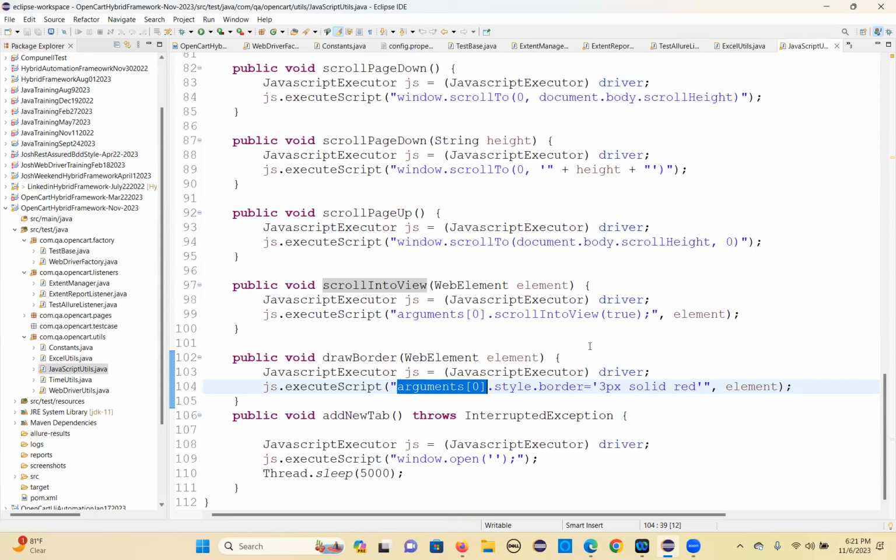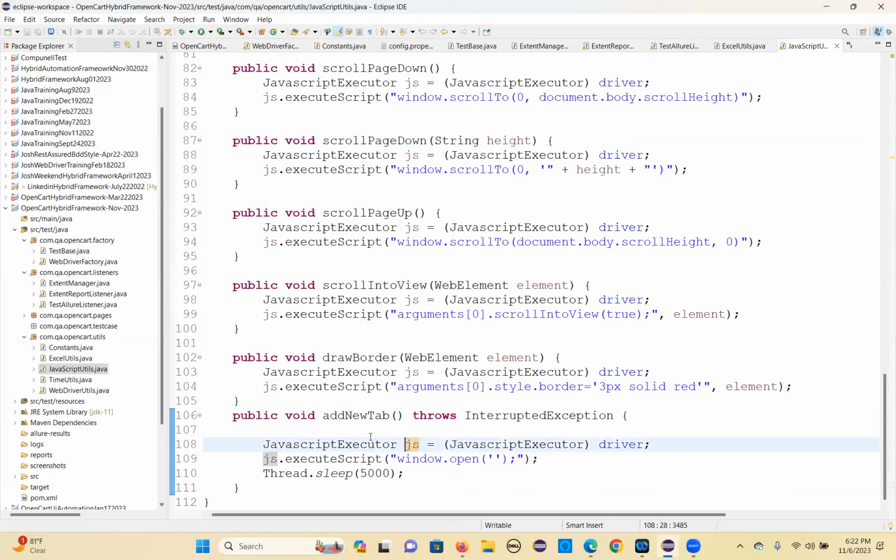That is the main method you have to use to execute any JavaScript code. These are all JavaScript codes. So arguments[0].style.border equal to 3px solid red, on this element. Add new tab: this.executeScript window.open, you can open a